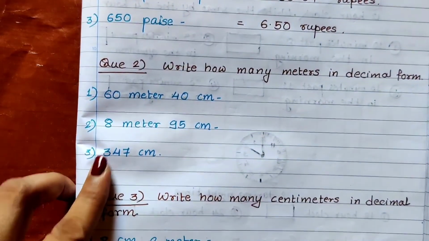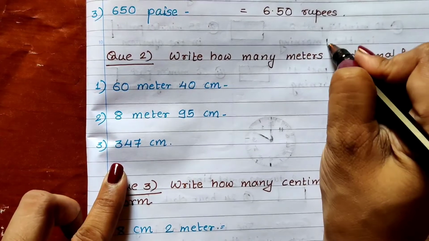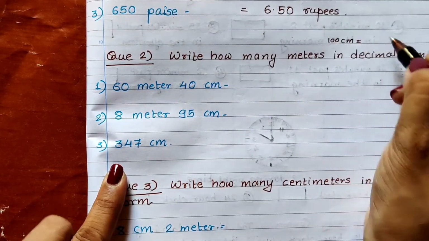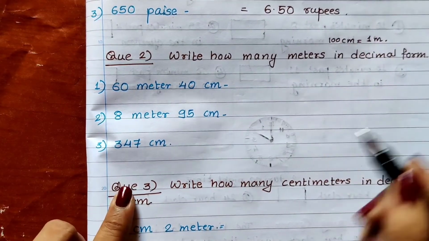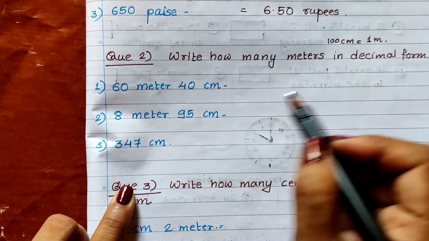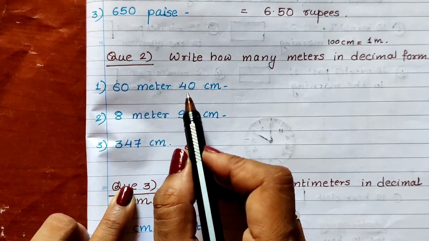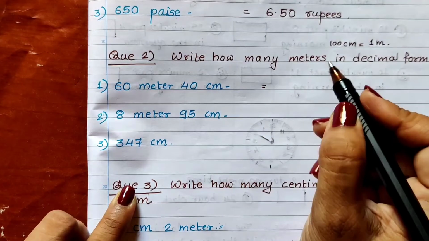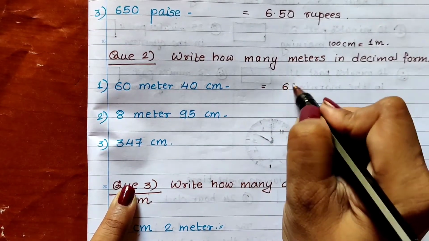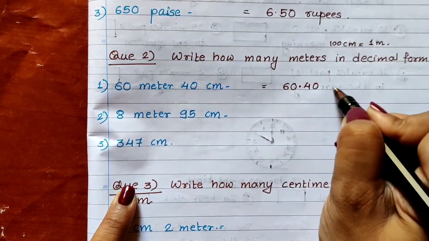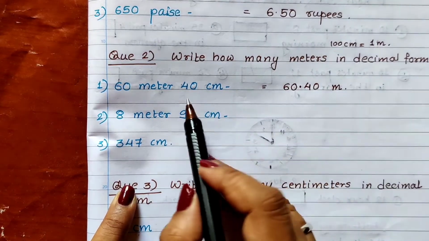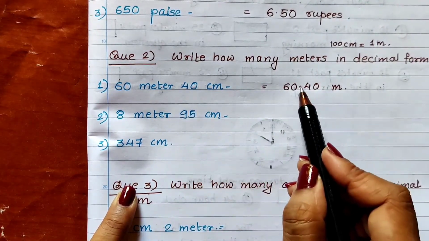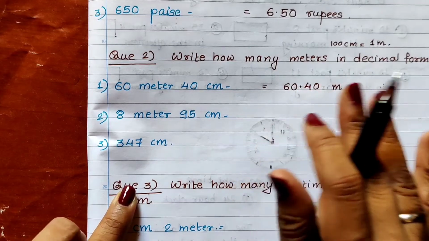Same way we all know that 100 centimeter is equal to 1 meter, and that's why we will be dividing by 100. So 60 meter and 40 centimeter means what? 60.40 meter. Okay, because 2 digits are there, so we can directly put the decimal point, and after decimal point